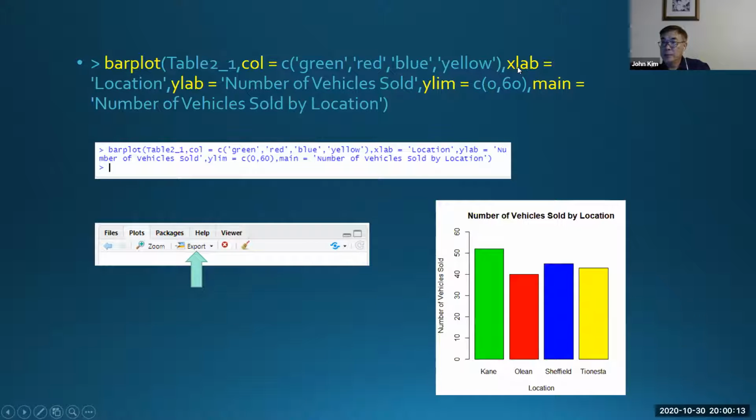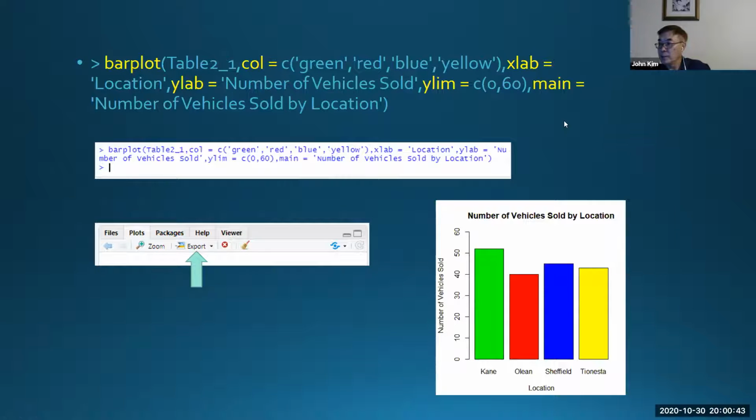And then the label for the x-axis is location. And then the label for the y-axis is number of vehicles sold. The limit from 0 to 60, because